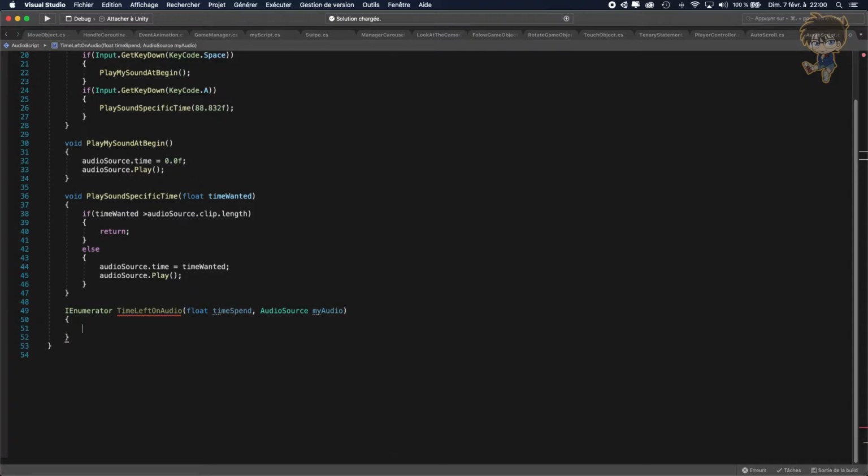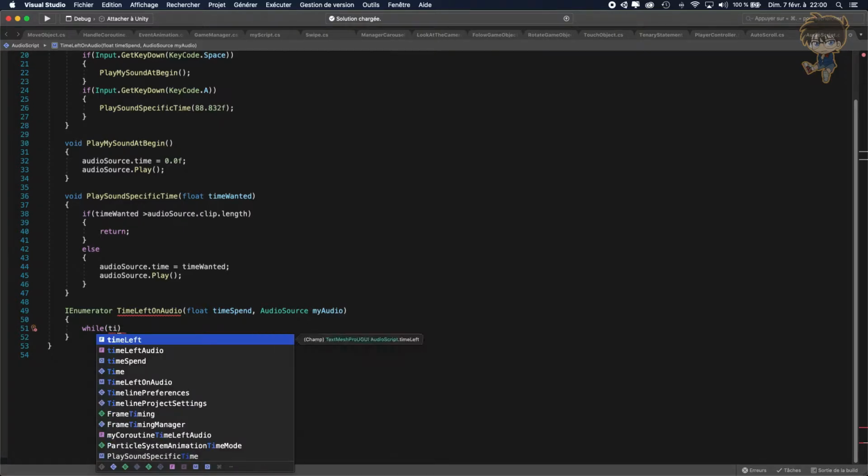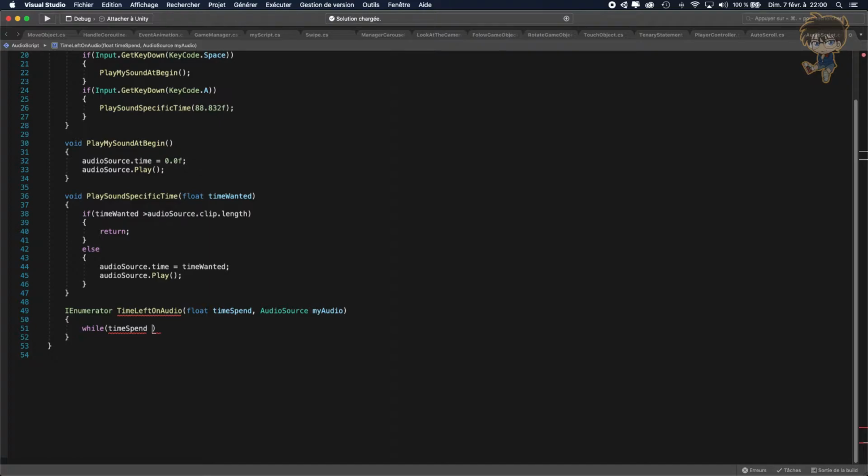Okay. So what I'm gonna do is, while time spent is lower than my audio dot clip dot length. So this clip dot length will refer to the audio. So this gives me the length of my audio. So basically, if my audio is maybe 1 minute and a half, it's basically 90 seconds. So if time spent is lower than my audio clip length, and I check if my audio is playing,